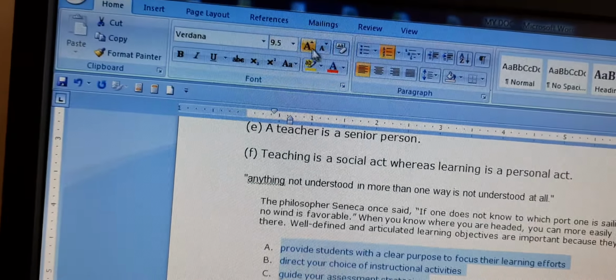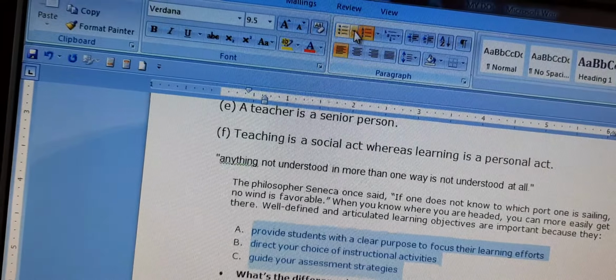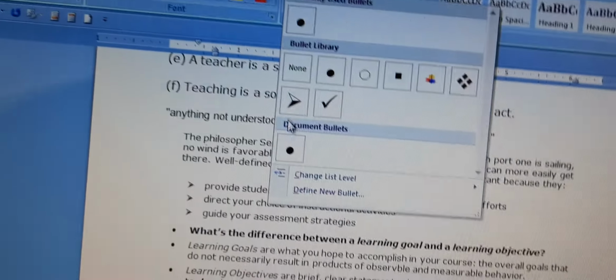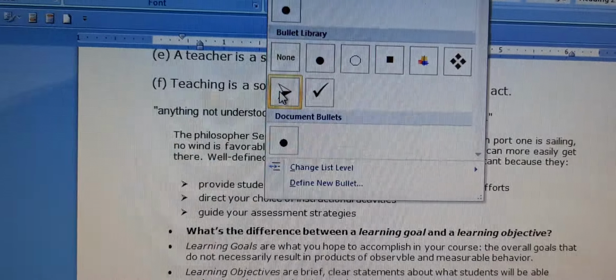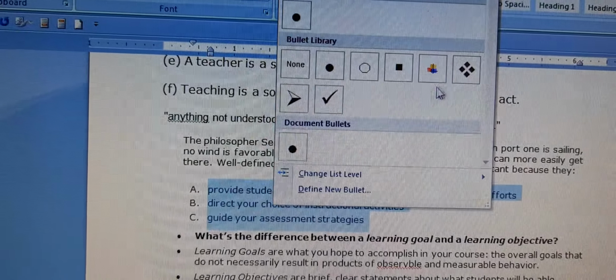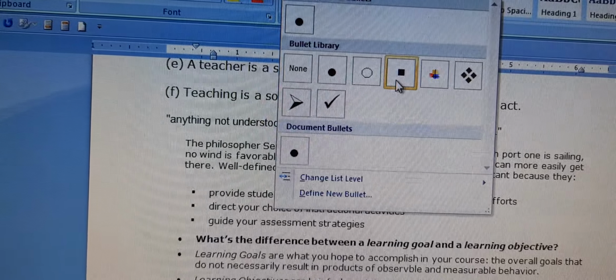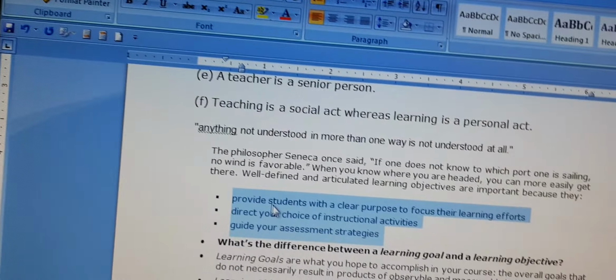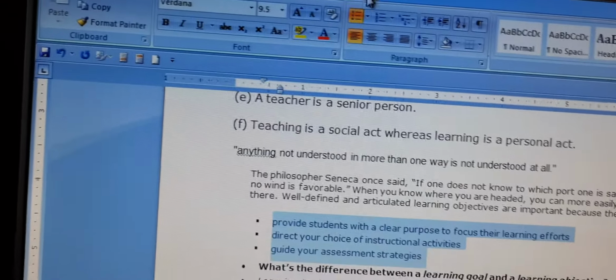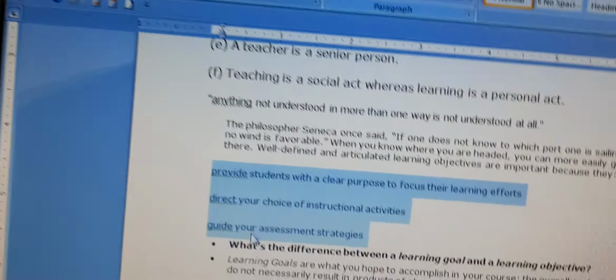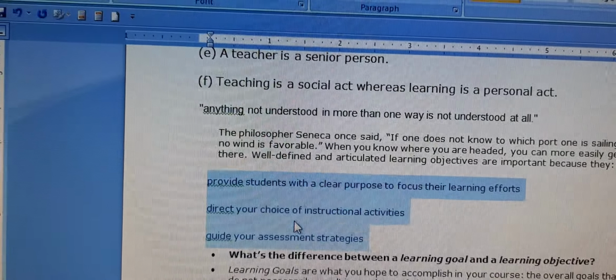Again, if you want to change to bullets, you can go to the bulleted box and choose the bullets here. You can still see the difference. When I change the bullets, it changes. Let's choose this one. If you want to remove the bullets altogether, you simply click on this button once and the bullets will be removed.